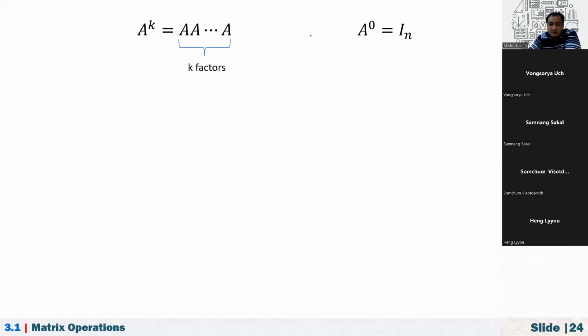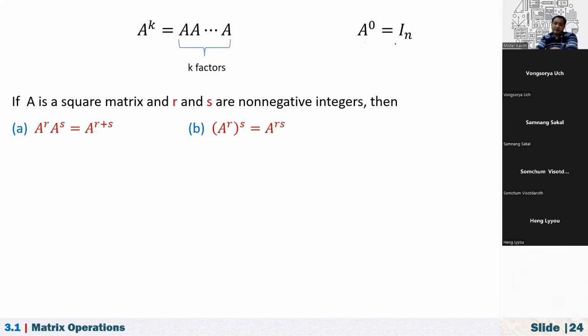A to the power of k is defined as A multiplied by itself k times. And by convention, in real numbers, we know that A to the power of 0 is 1, right? In matrices, we define A to the power of 0 as the identity matrix. We can prove this, but for now just take it as a fact. If A is a square matrix, meaning the number of rows is equal to the number of columns, and r and s are non-negative integers, so they may be 1, 2, 3, 4, natural numbers or counting numbers,